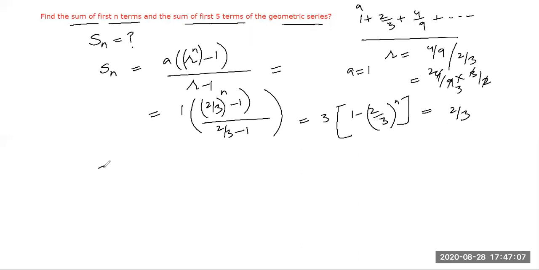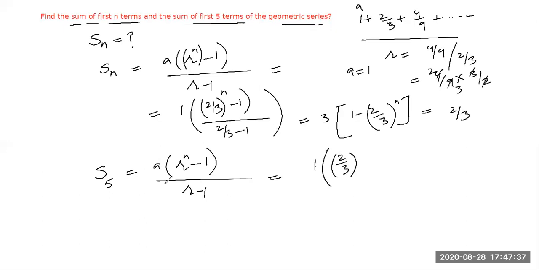Yes, Jinder, how will we find the sum of 5 terms? So again, same formula. First, write the formula. Always have the habit. A into r raised to power n minus 1. Remember, 1 is not to be subtracted from n. It is r raised to power n minus 1, divided by r minus 1, is equal to, yes, Ishma. So a is 1. What is r? How many terms? This is n, 5. Divided by 2 by 3 minus 1.